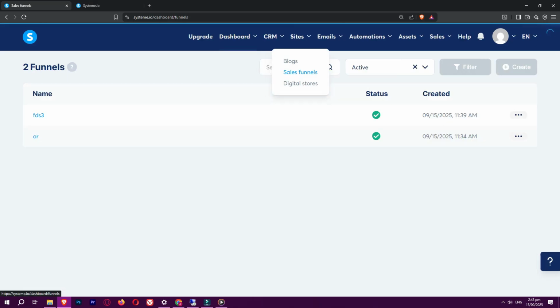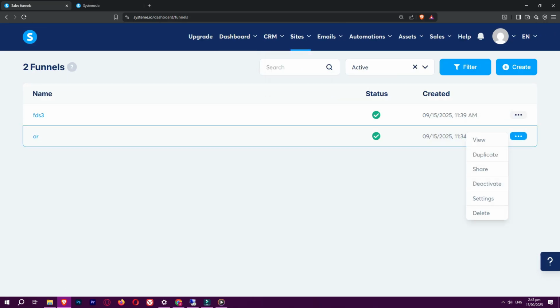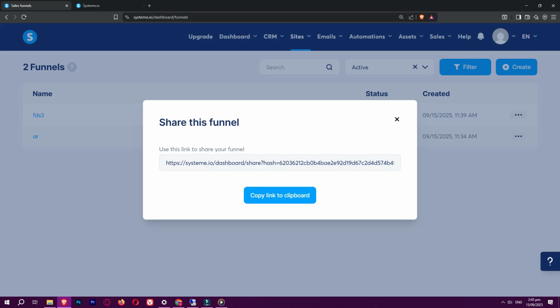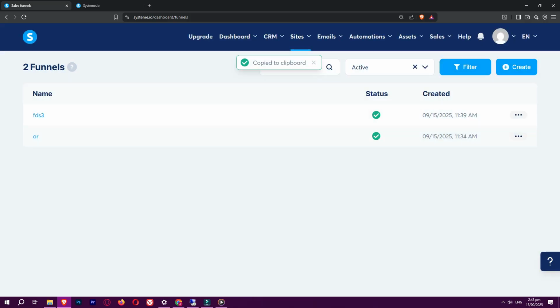On the right-hand side, you'll see a small drop-down menu or settings icon. Click it and select Share Funnel. System.io will generate a special share link. Copy this link and send it to someone else. When they click, it will instantly import the entire funnel into their System.io account, complete with all the steps and